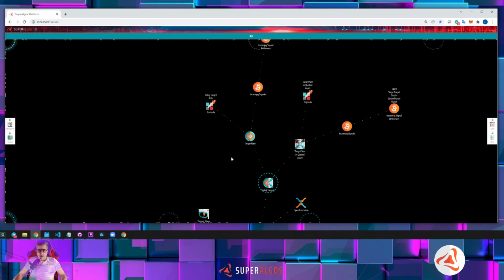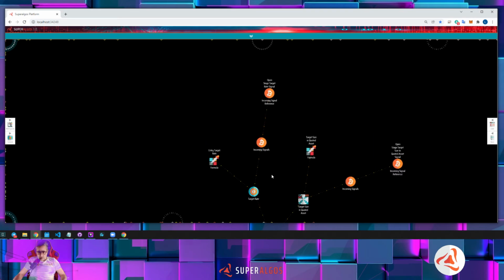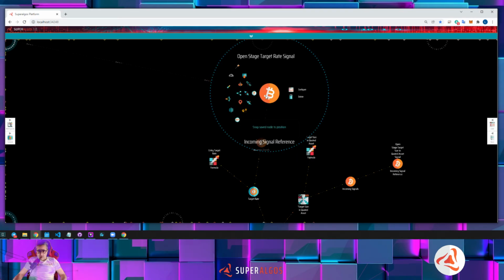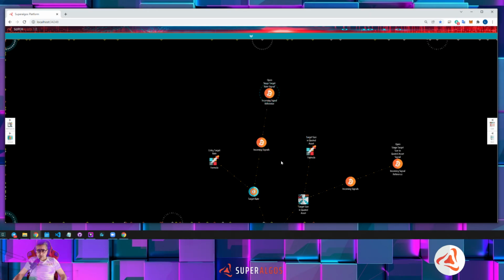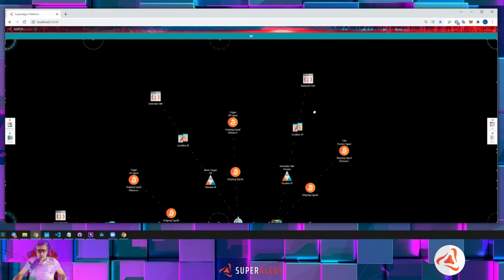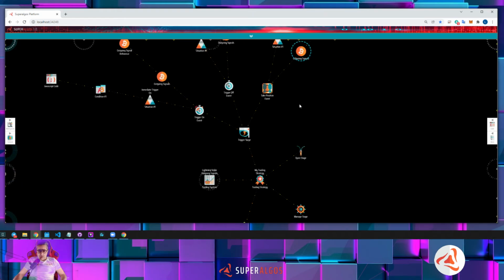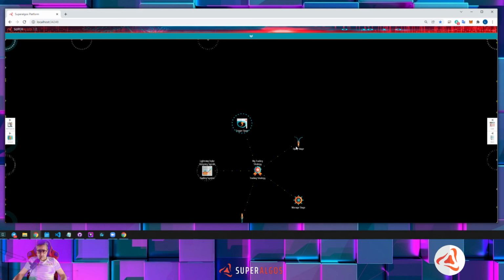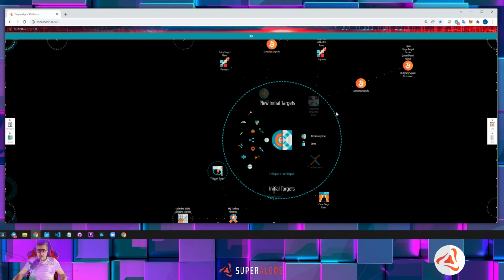Then it will evaluate this one and so on. So this formula has this incoming signal, and the one who is triggering that is on the other trading system, initial targets,